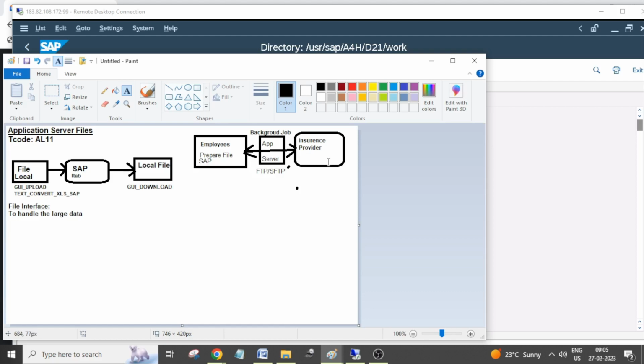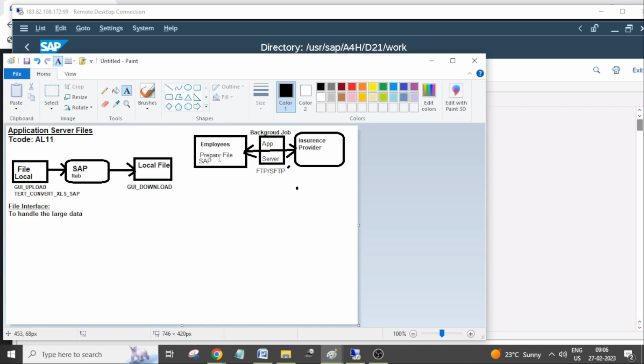Now what will the insurance provider do? The insurance provider will also create a file with all the insurance policy details and place that file in the application server. Now the company will run a program from the company side, select the file from the application server and create the data in SAP,